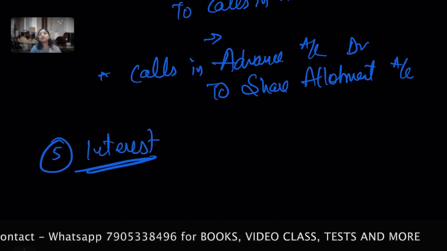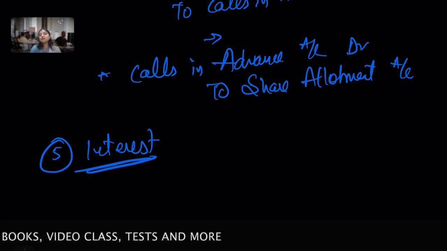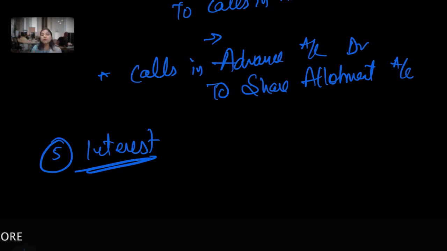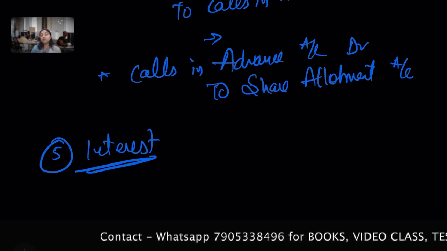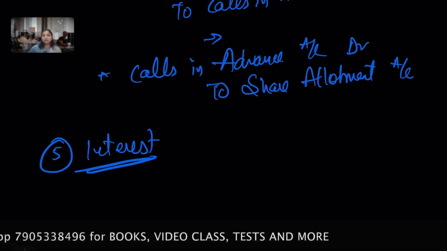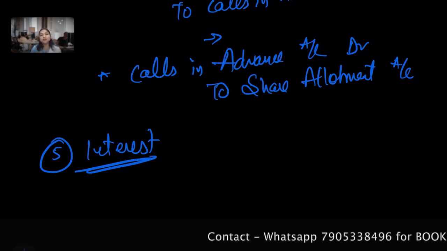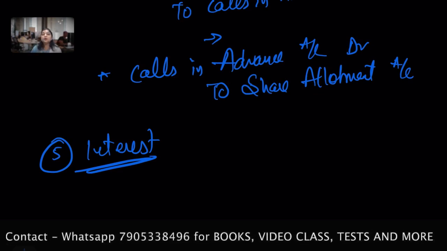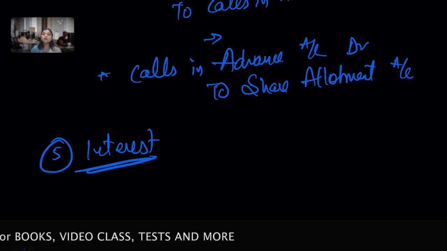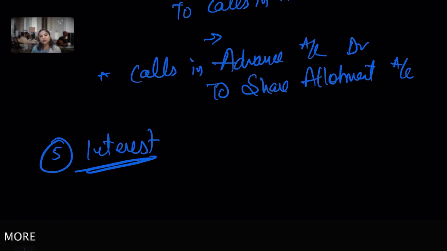So, interest portion. Now, I received in advance. Okay, so the amount I received, I mean the company received well in advance, is a debt for me because I kept your money with me. Okay, so this is a debt for me, and the company is liable to pay interest on that calls in advance. Okay, from which date? From the date of receipt from you till the due date or call schedule date. Okay, or whenever it becomes due.